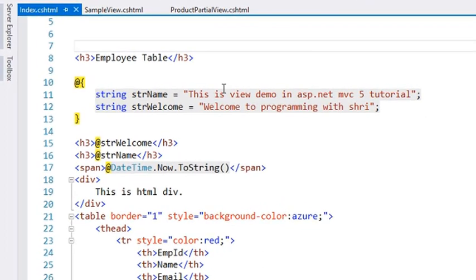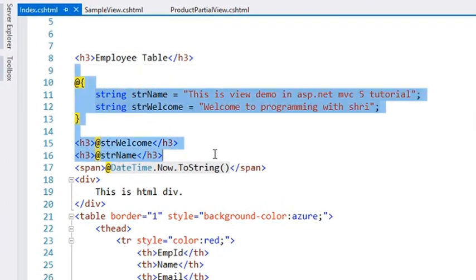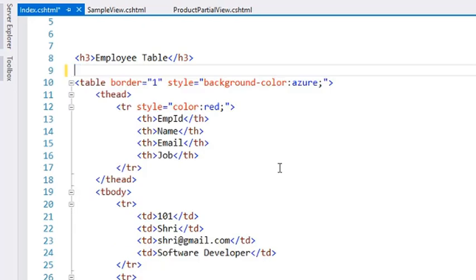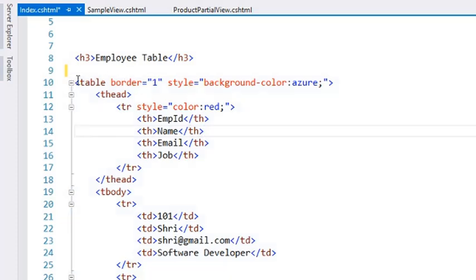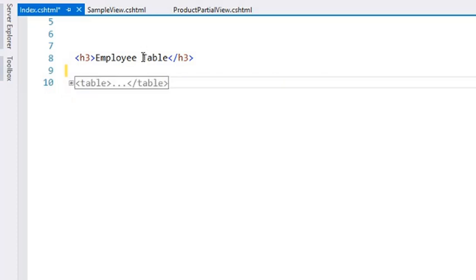This is the code we have written in the previous tutorial. What we can do is delete this code. Yes, so you can see we have only this table. We do not want to delete this table,